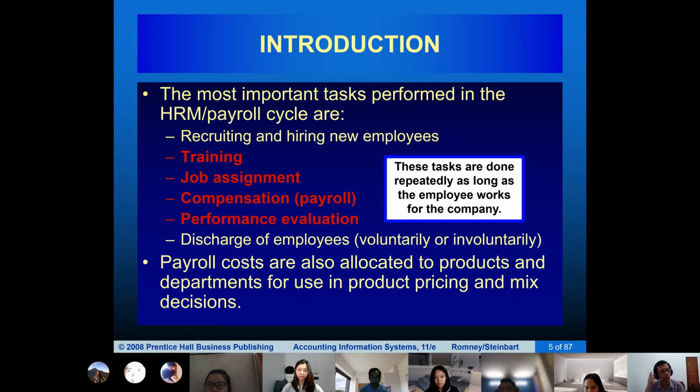So training should be done as often as possible. In my job as a lecturer, obviously a lecturer at Atmajaya, we have to further our study to a doctoral degree, if possible. I did that.